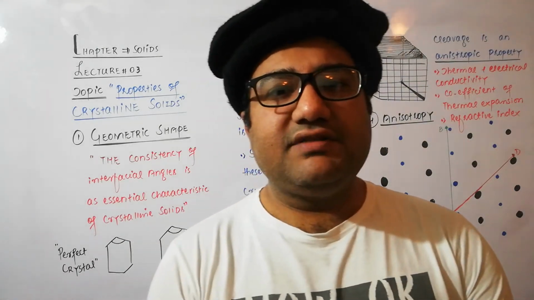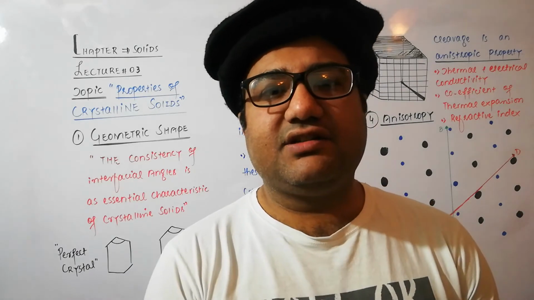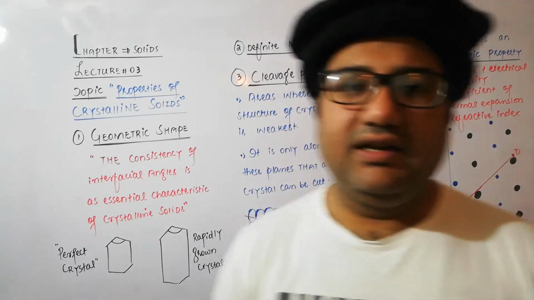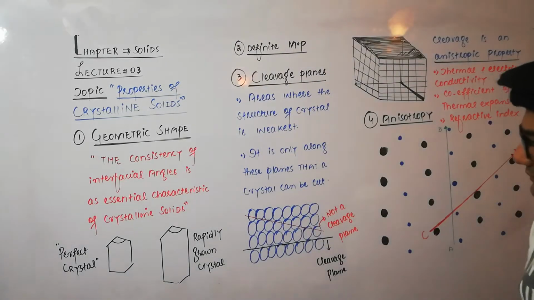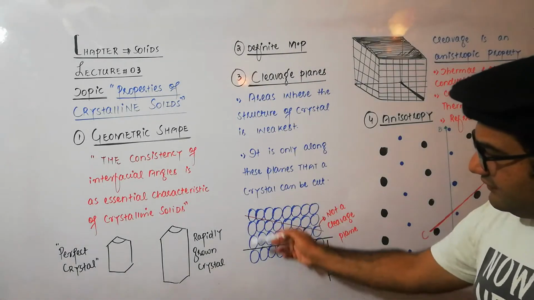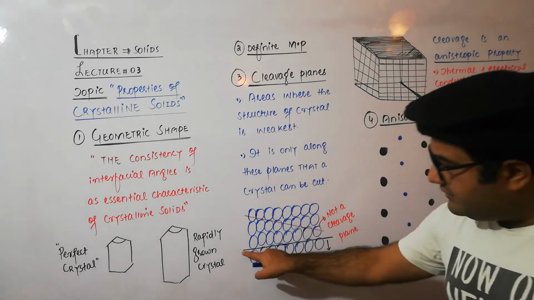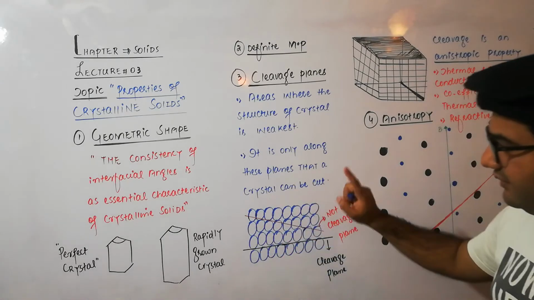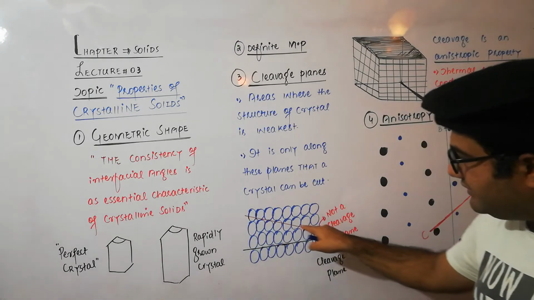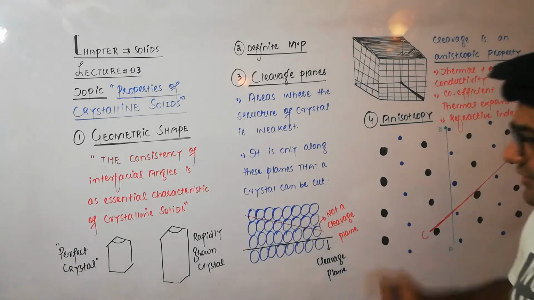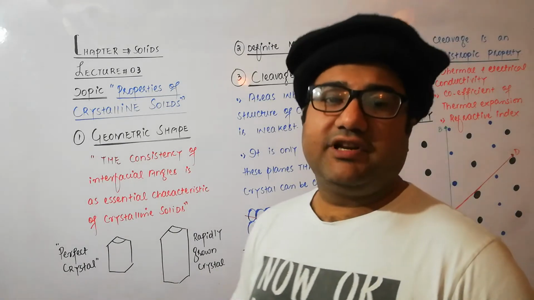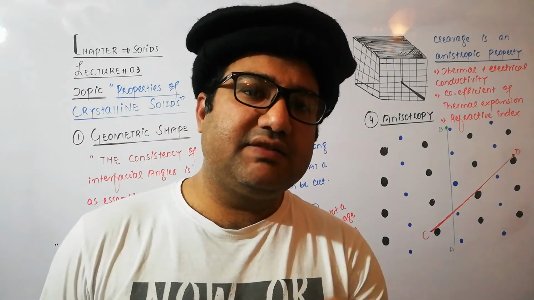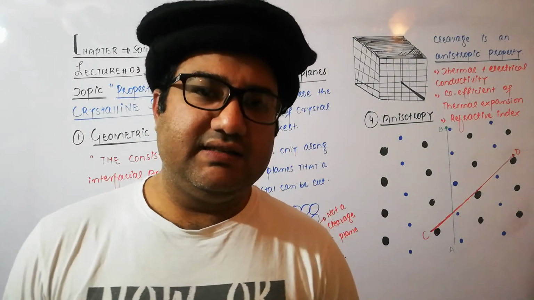But there are some points where the crystal is the weakest in its structure. So you can cut the crystals from these points and these are called the cleavage planes. For example, suppose that this is the structure of a hypothetical crystal. Now this is the cleavage plane. This will be the weakest area from where this crystal can be cut. And you cannot cut this crystal along this plane because in this direction the crystal is not weakest. So cleavage planes are the specific planes from where the crystals can be easily cut.